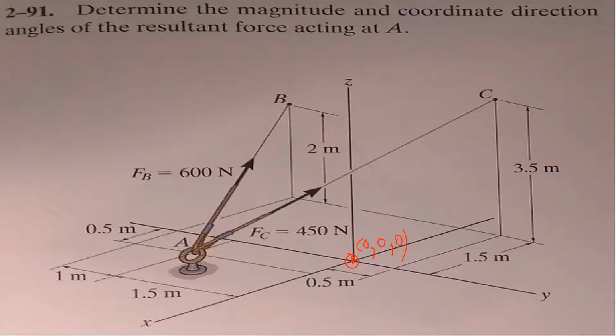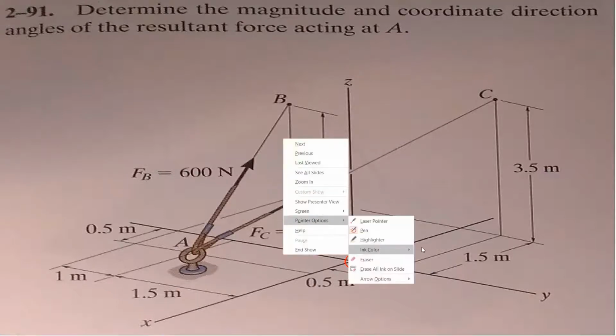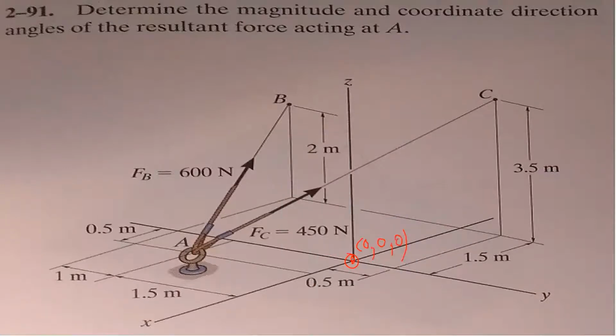For A, you can see over here the lines pass through point A. So at point A, let me take another pointer color, for example light blue. From the origin, you have to move here on the negative y-axis. One thing more I will tell you: this is negative y, this is positive x, so this will be negative x, and this is positive y. So it is negative y. And this is positive z, and negative z will be downward.